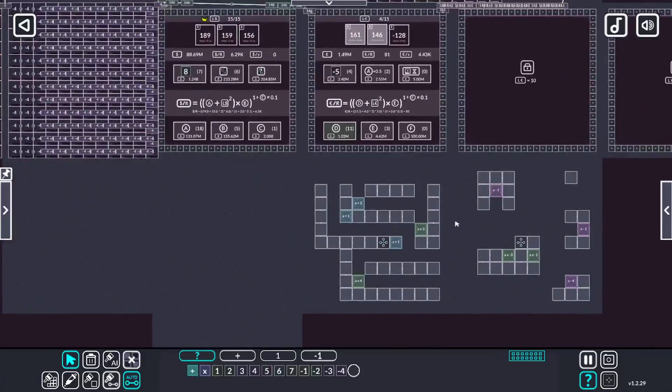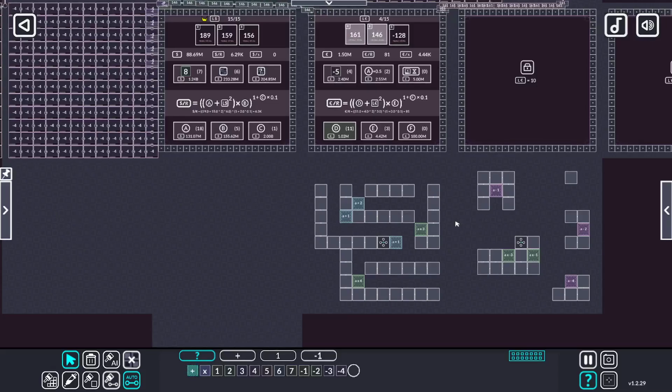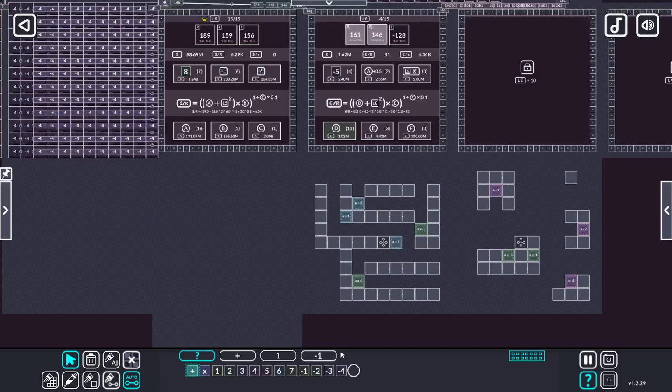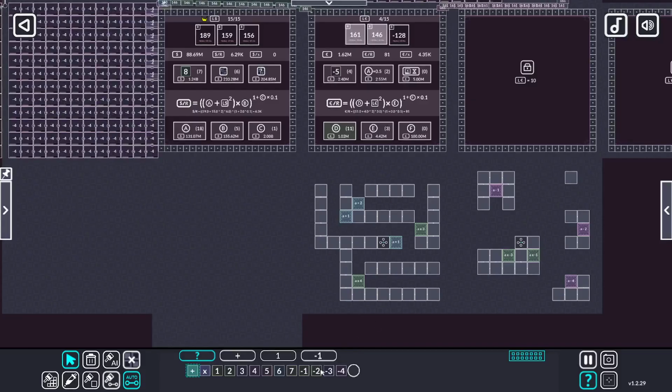So, in order to get to 128 or minus 128, I need 32 into this, then into this. To get to 32, I want to feed 10 into this. And I've done that before, but I used this to do it. So maybe I do want to swap these over. So to get to 10, I think what I did